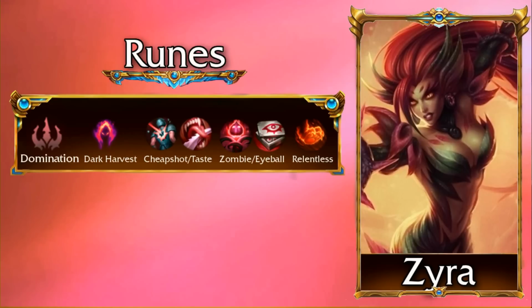If not, and you're maybe against a melee champion, maybe you're against a Braum, an Alistar, Leona, etc., then Cheap Shot's going to be the way to go just because it's really easy to proc and its cooldown is very short. After that, for the most part, I've been running Zombie Ward,